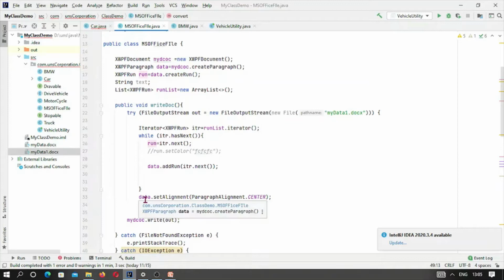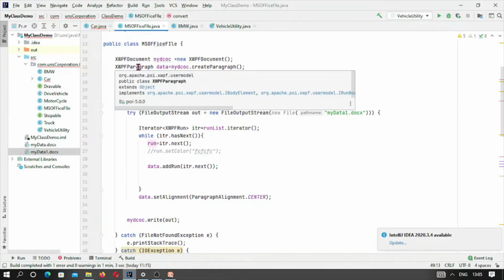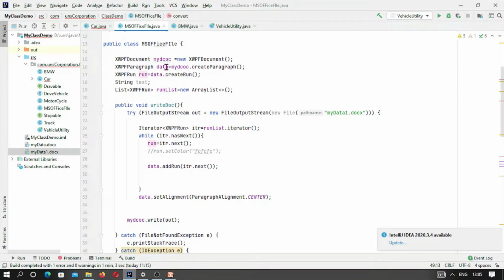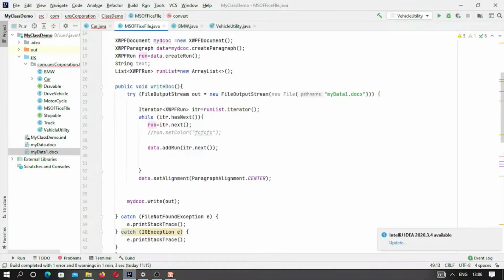This data is an XWPF paragraph, data, and this is a paragraph of my doc. This is a document of type docx. So data dot set alignment, here it is aligned at center, and now at last we are doing myDoc dot write out. So this is the output stream, and this is a document of type docx.